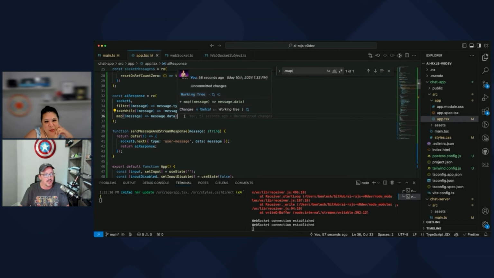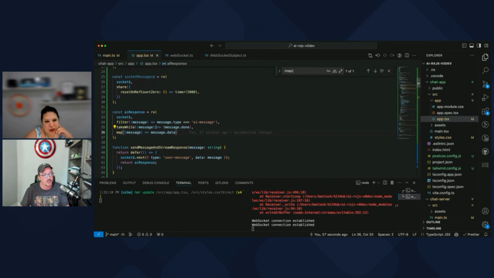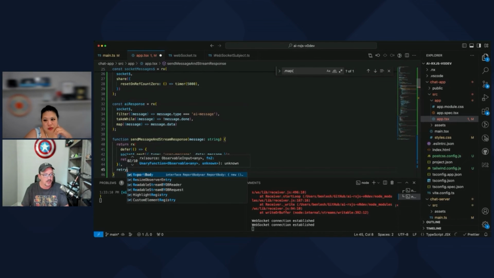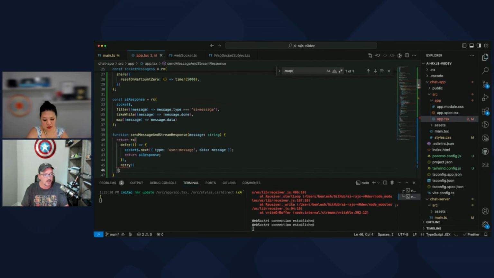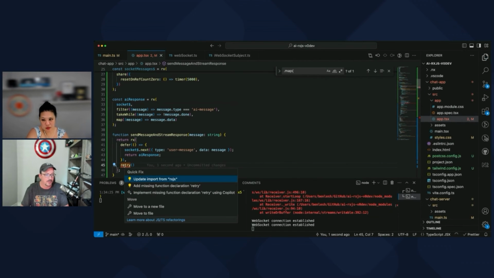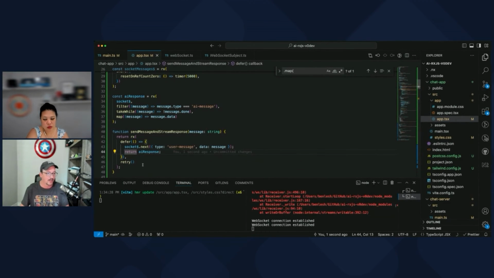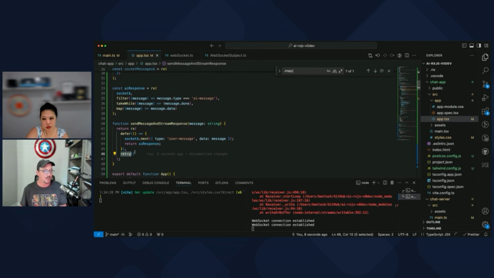I probably would do it here so that it resends the user message again. So I would just do it here and say retry. Retry by default is just going to immediately retry if there's a problem. You can add step backs and everything else after the fact on the same operator, but now it's going to reconnect, or at least try to reconnect over and over again if there's a problem. Let's add a delay.